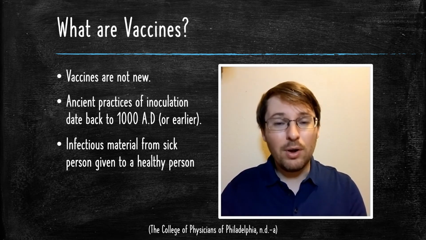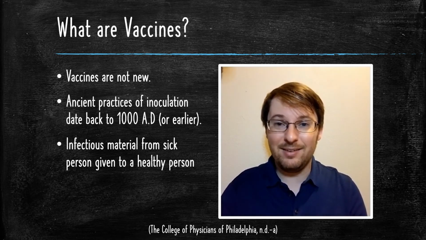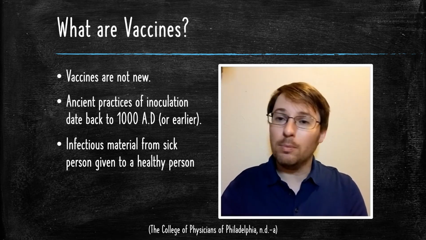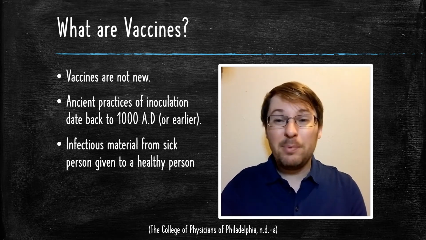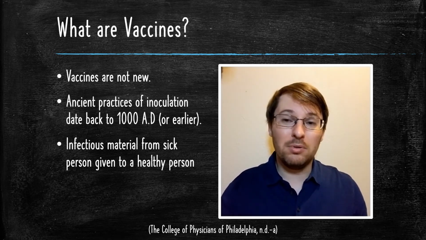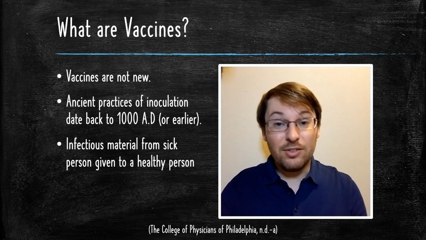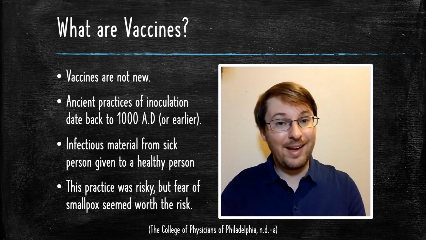So this is really gross, but it would include taking off the scraping of skin where someone had the infectious rash and then putting it on the inside of the nose or making a cut on the skin and rubbing it on that. It was meant to be more controlled and hopefully more localized instead of someone getting a full-blown case of the disease. As you can guess, this was a very risky thing to do because you ran the risk of actually giving someone the disease you were trying to protect against.